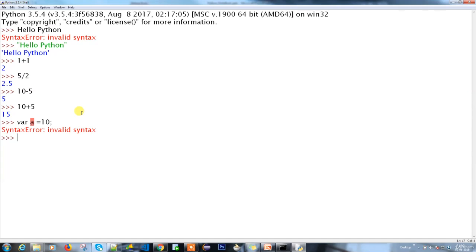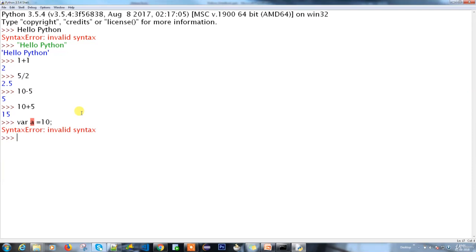When you start working with Python, you need to keep a few things in mind. There is no need for a semicolon at the end of the line. In most languages, the semicolon indicates the end of the line, but in Python you don't have to use it. Also, when you're working with variables, you don't have to provide the data type.